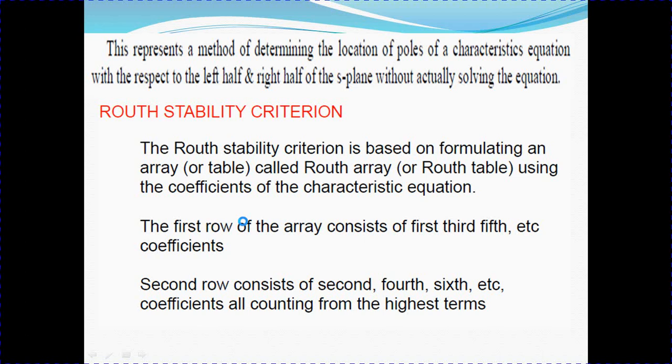Remember, for the first two rows of the Routh array, we use the characteristic equation coefficients, and then we calculate the remaining rows. The first row consists of all the odd terms: first term, second term, third term,